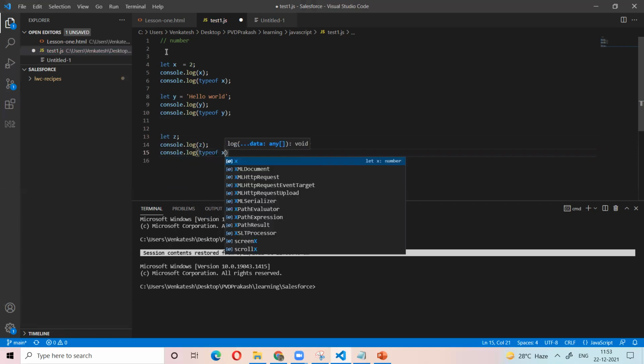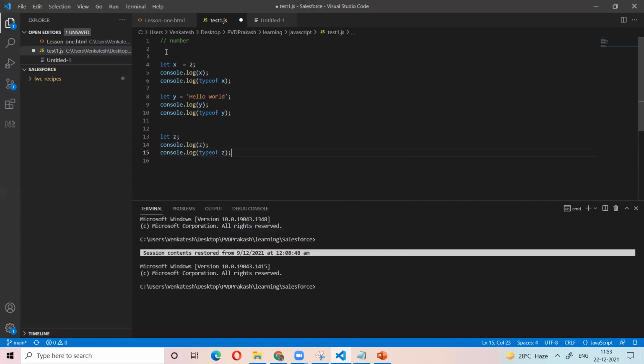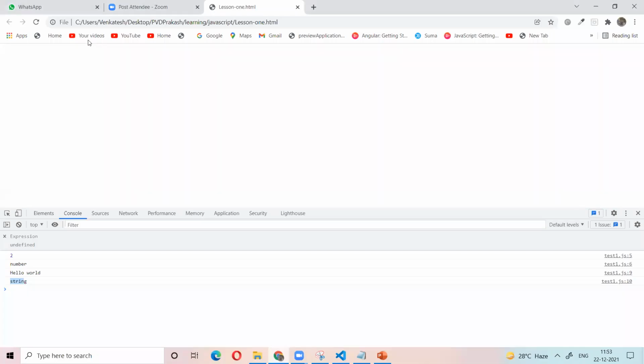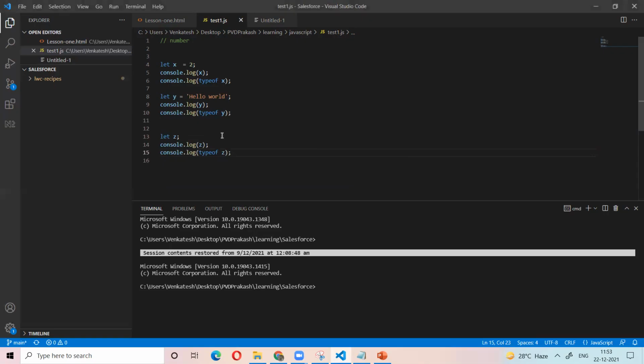The value is undefined, and the type is also undefined. So we covered number, string, undefined.